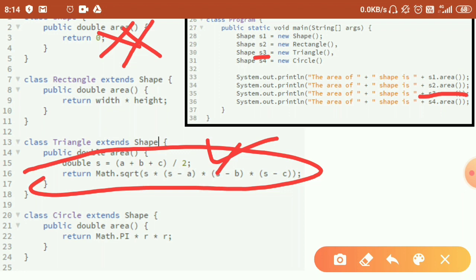Now if you do not understand method overriding, I explained that there are two ways in which polymorphism is achieved. One is method overloading. Method overloading is in your syllabus, so overloading needs to be understood thoroughly, but method overriding is not in your syllabus.